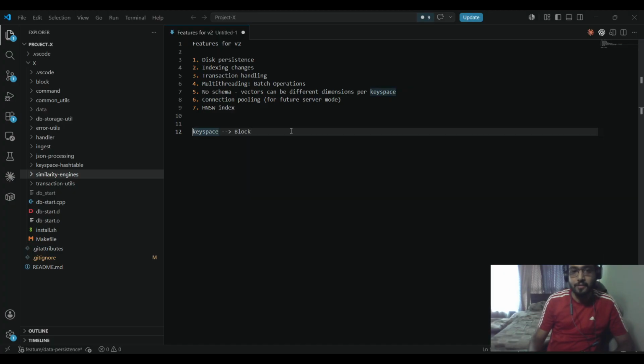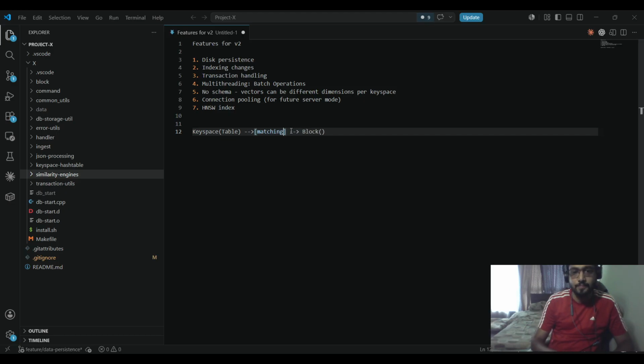You can think of a key space as a table wherein you store the data, and you can think of a block as a memory block in which records get stored. And for each key space, the difference is that in SQL or NoSQL, we have